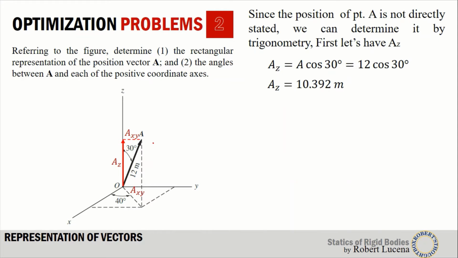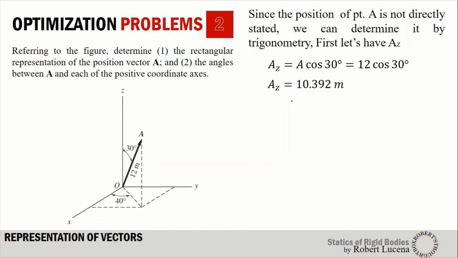And as you can see, AXY is also this one, AXY. We can determine it by trigonometry. Let's first have AZ. So from trigo, the z component AZ is A cosine 30. It is also similar to what we discussed, that the magnitude of the vector times the direction cosine of the particular axis. So if this is the direction cosine for the z axis, you get the AZ component. So that is 12 times cosine 30 degrees. So your AZ now is